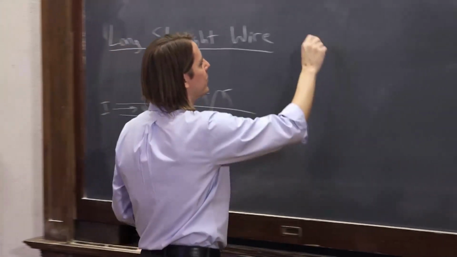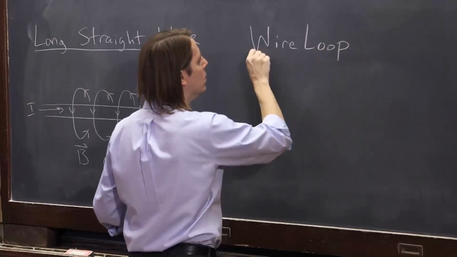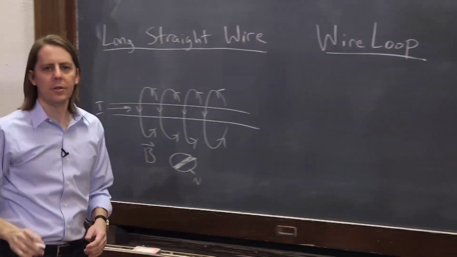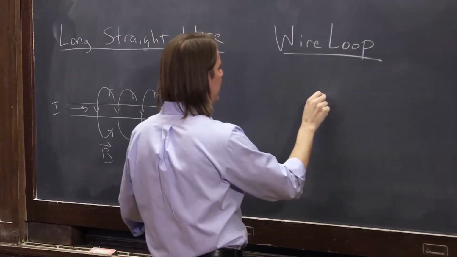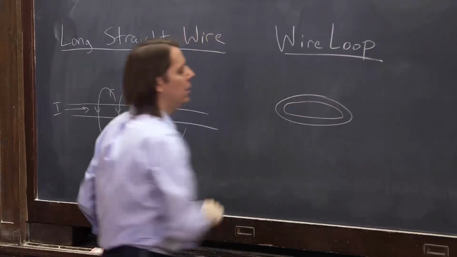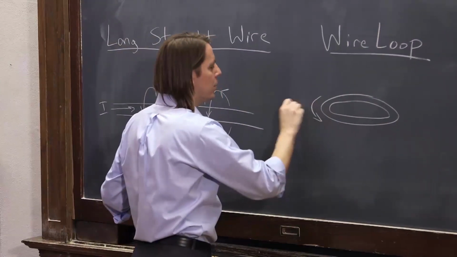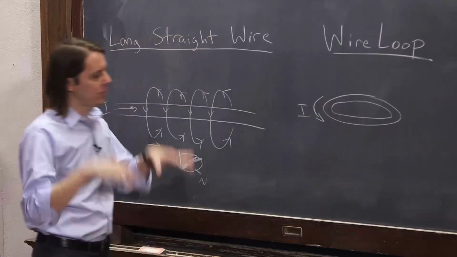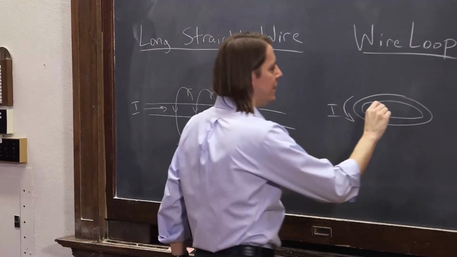Let's look at another one. Let's look at a wire loop. Okay, so just a little circle of wire, of course, with current going around it. So let's see if we draw it kind of like this. So there's the loop, the current is going around like that. This is the back and this is the front, kind of looking down on it. This will make a magnetic field that goes up